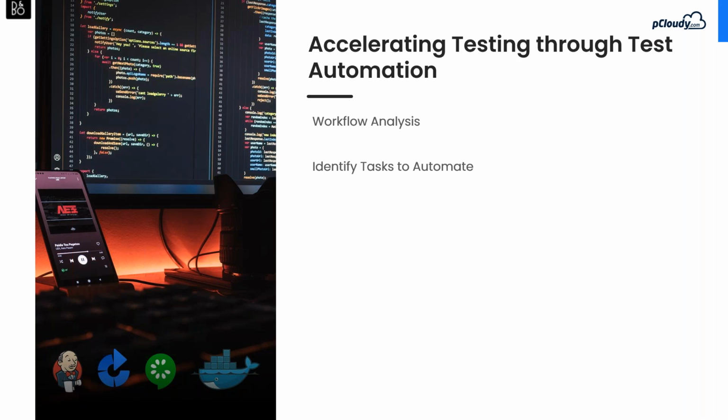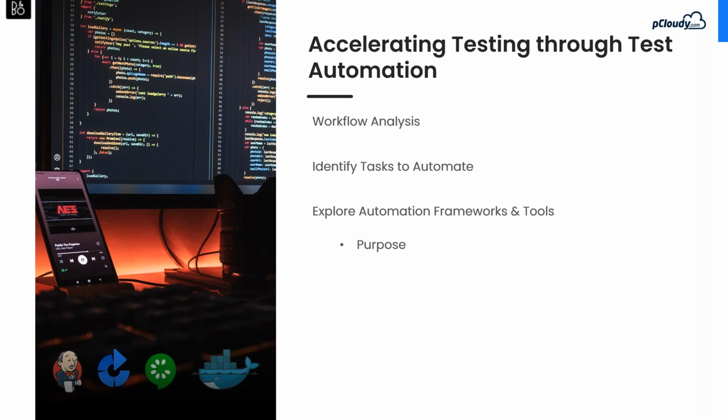The next step is to identify the tasks which are required to automate, and then analyze the tools and frameworks that would suit your automation testing needs. You can question at this point: why, what do I need to automate? What is my current comfort with the language that I need to automate in? And also whether to rely on open source versus commercial tools, right?